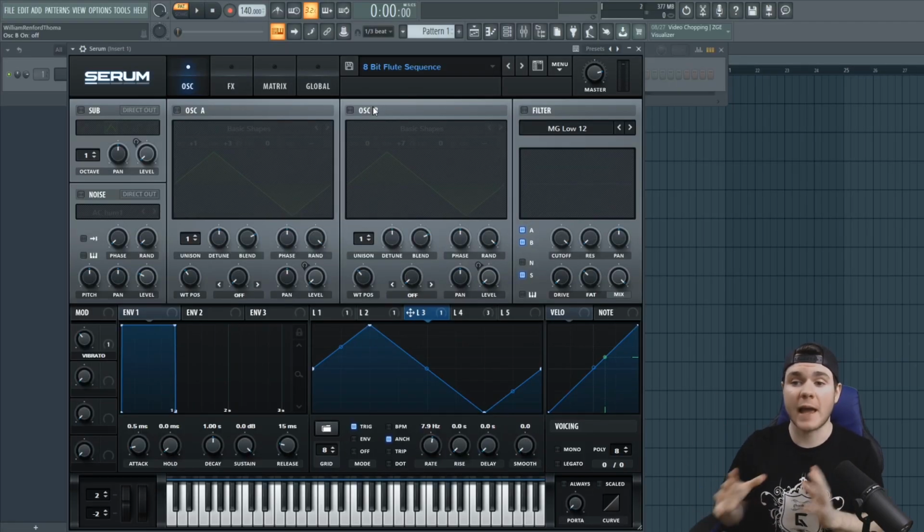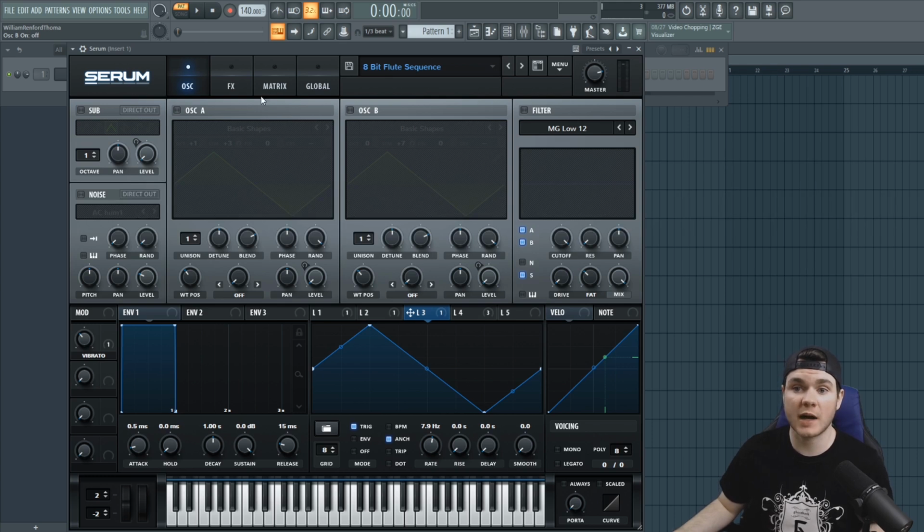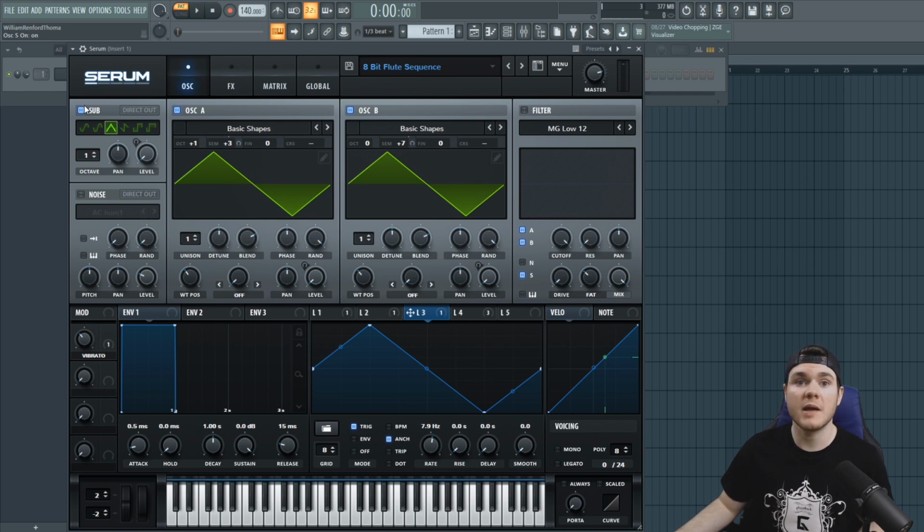Okay, so basically how I went about designing this patch is I knew I wanted 3 sounds. I wanted to create some kind of weird chord melody progression thing, and I knew I needed 3 sounds in order to do that. So I'm going to use these 3 oscillators. I'm going to use oscillator A, oscillator B, and I'm going to use the sub, and they're all going to